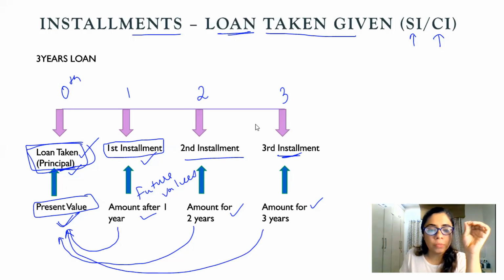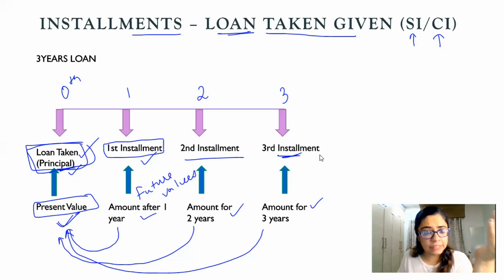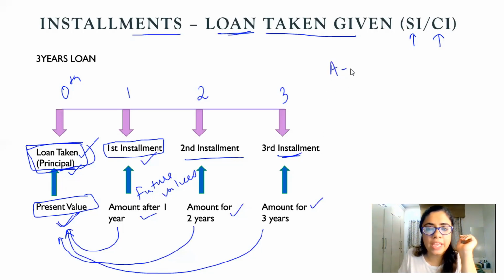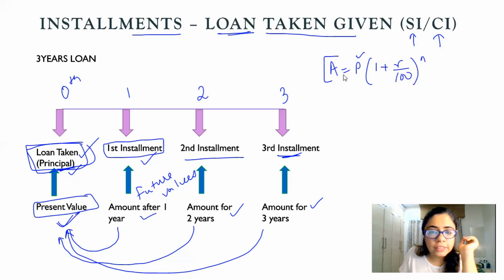So you know the formula. For example, this again could be simple or compound interest. So if I give you, let's say, compound interest, suppose this is at compound interest, so you know A is equal to P into 1 plus R by 100 raised to N. So your principal value is given, right? So this is your amount after 1 year, right? So you will divide it upon 1 plus R by 100 for 1 year. Okay? This will give you the first part of the principal.